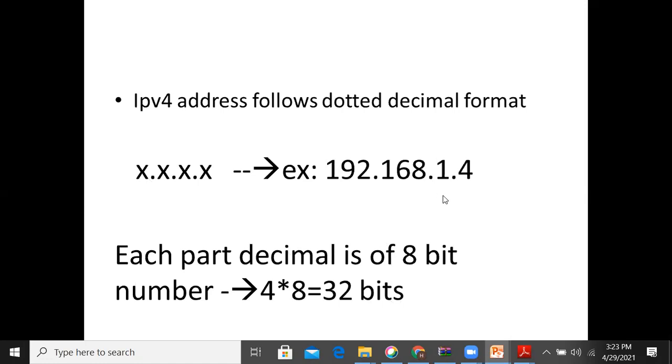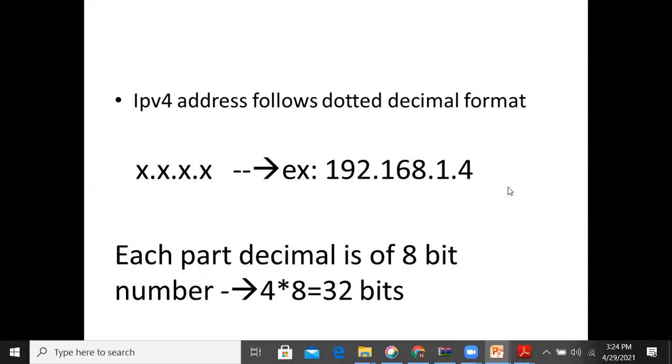So IPv4 will be having 32-bit addressing. There are 4 parts of that address, so each part will be of what? 8 bits.